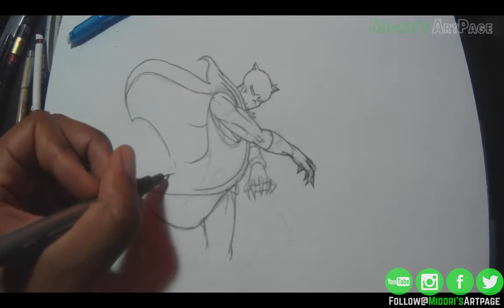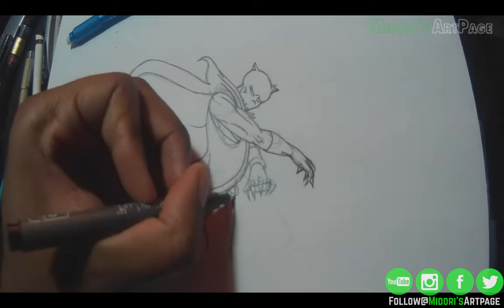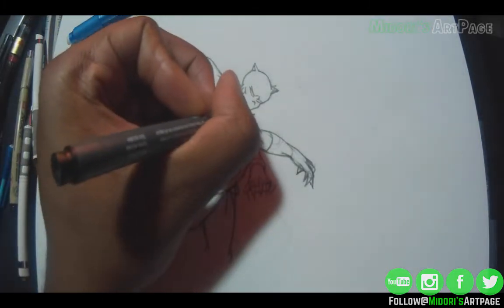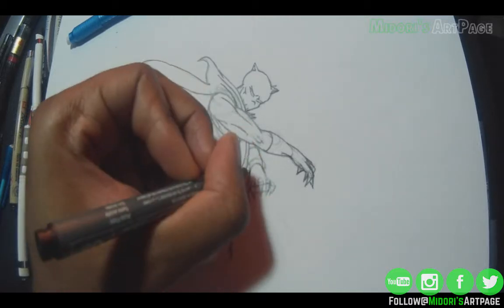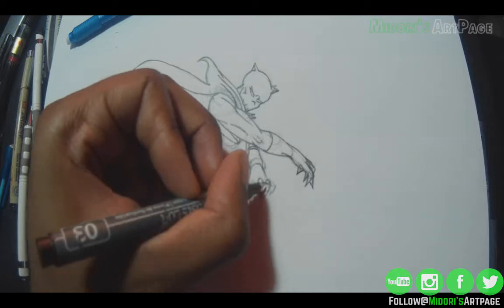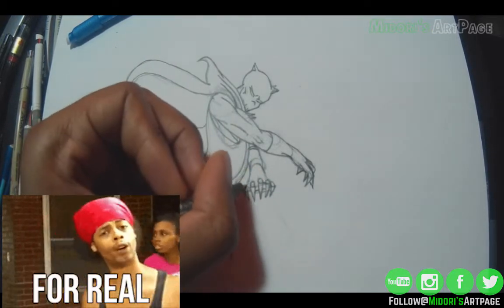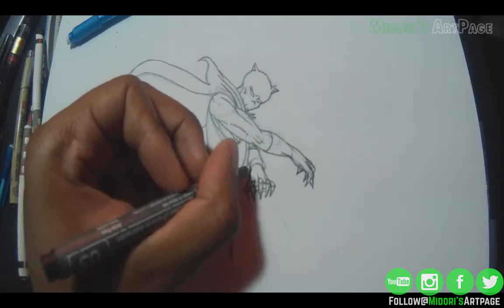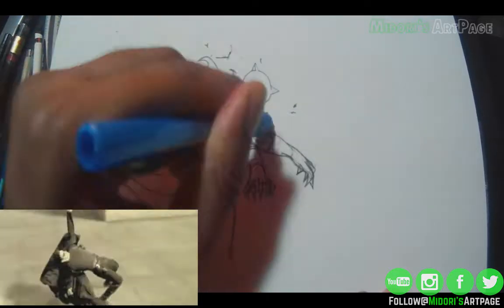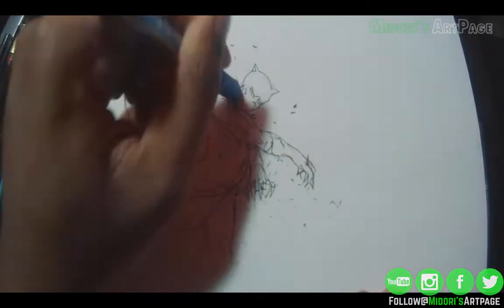Now here I'm just doing the basic outline of the drawing using a Micron pen, and I believe the size is a 003. Yes, 03. And the video is sped up for time purposes, so you can pause if you want, or slow it down in the YouTube bar. Here I am erasing the pencil lines